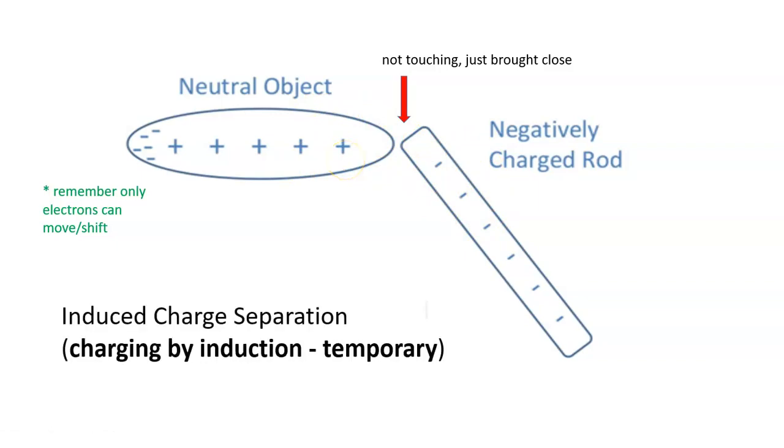This is called an induced charge separation. Okay, this negatively charged rod has induced, or how else could we say that? Brought on, I guess, a charge separation. It has separated the negatives within this neutral object from the positives. Okay, now this is just temporary